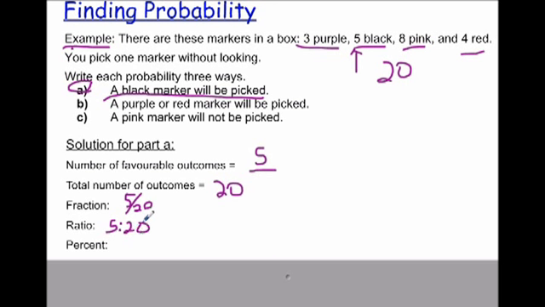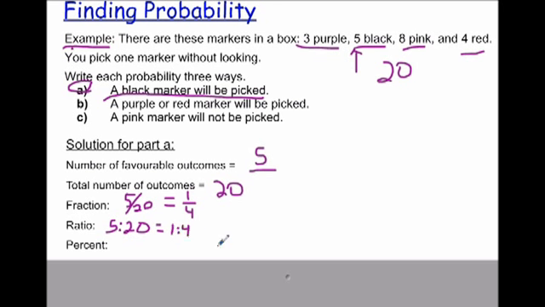Now, some of you guys may notice that 5/20 as a fraction or as a ratio can be put in lower terms. So if you want, your teacher may require you to put it in lower terms, but they may also accept this. So it might be good to ask them what they will accept. But if you want to put it in lower terms, think of a number or a factor of both 5 and 20. And in this case, it would be 5. So if we divide both the top and the bottom by 5, this actually ends up in lowest terms being 1/4. And this ratio would be